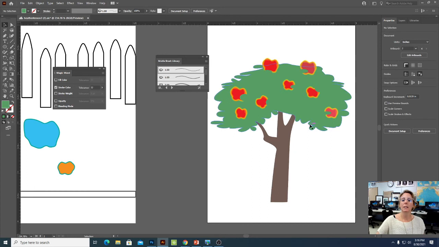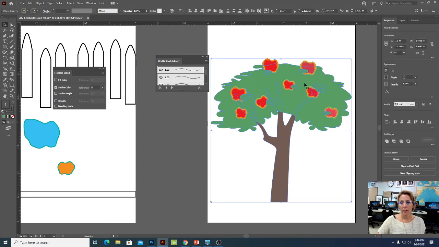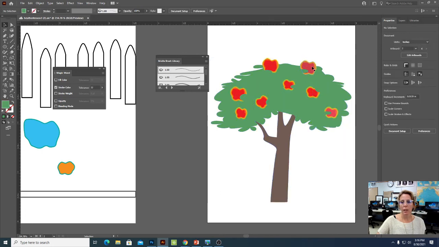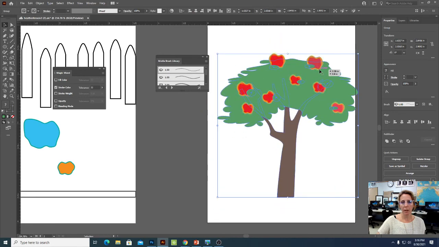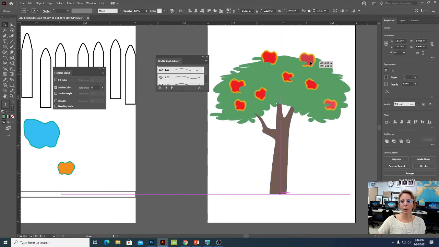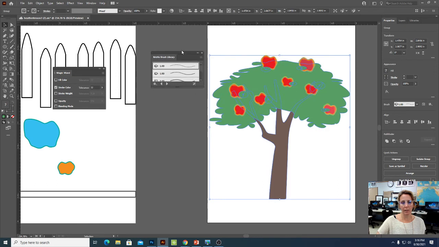All right, now we need to group this back together. So how do we group? We're going to click and drag, right click and group. So now my apples are part of that same group. All right, let's go ahead, and we want to make sure that our tree is in the very